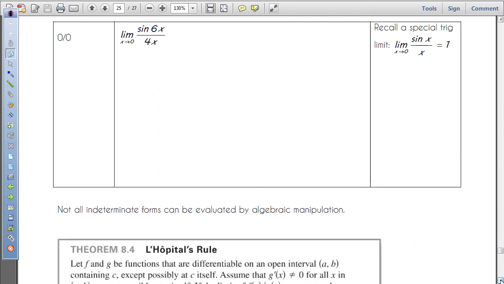All right, here's another example of an indeterminate form. We've got the limit as x approaches 0 of sine of 6x over 4x. Okay, well, we can evaluate this using this special trig limit. It's worth remembering these special trig limits because they pop up all the time, it seems. But it says the limit as x approaches 0 of sine x over x is equal to 1. Okay, but the thing is that these have to be the same in order for this to work. So when I look at this limit,